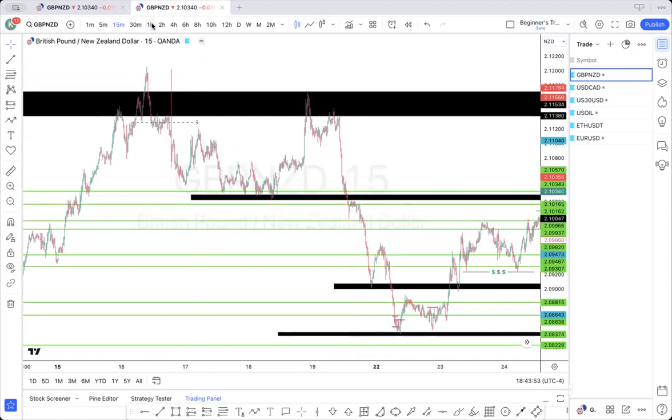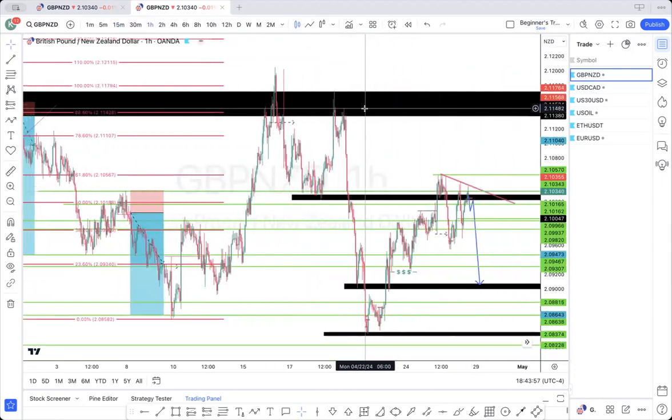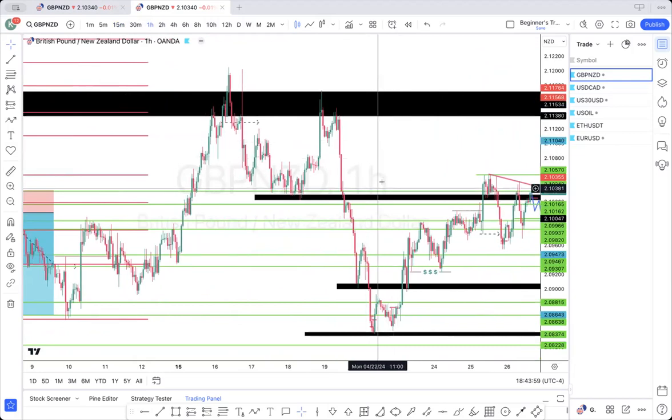So now, let me go back to the 1 hour. Where am I? Okay. So now it gave a bearish order block. So now you're targeting the rest of these lows. You're targeting this low. You're targeting this low. Okay. Then you're targeting this low. Then you're targeting this low. And even on the 1 hour,